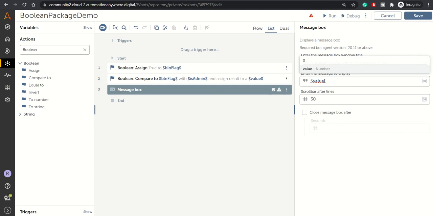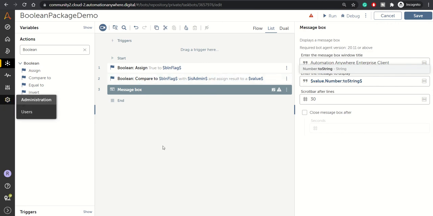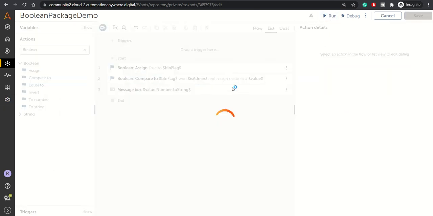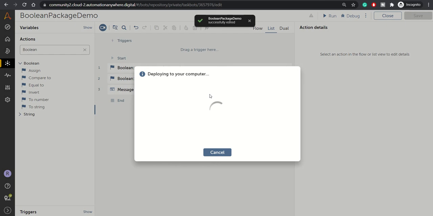But as you know, the value is a number variable, and in the message box we need only a string, so I need to convert it to a string. So let's run this.